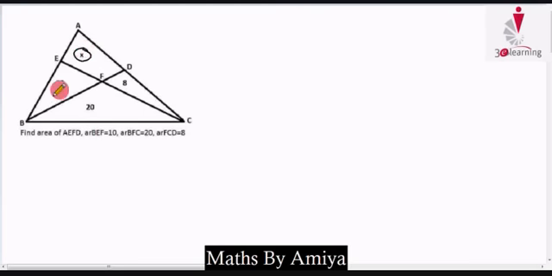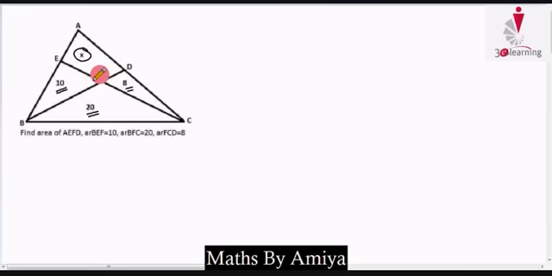If the area of this triangle is 10, this one is 20, this one is 8, then what is the area of this x? Here you have to notice one thing. The line BD is from the vertex B and CE is from the vertex C. If we have two vertex lines, we can use the ladder theorem, which is the best for these questions. Then we apply the MPG on the same question.